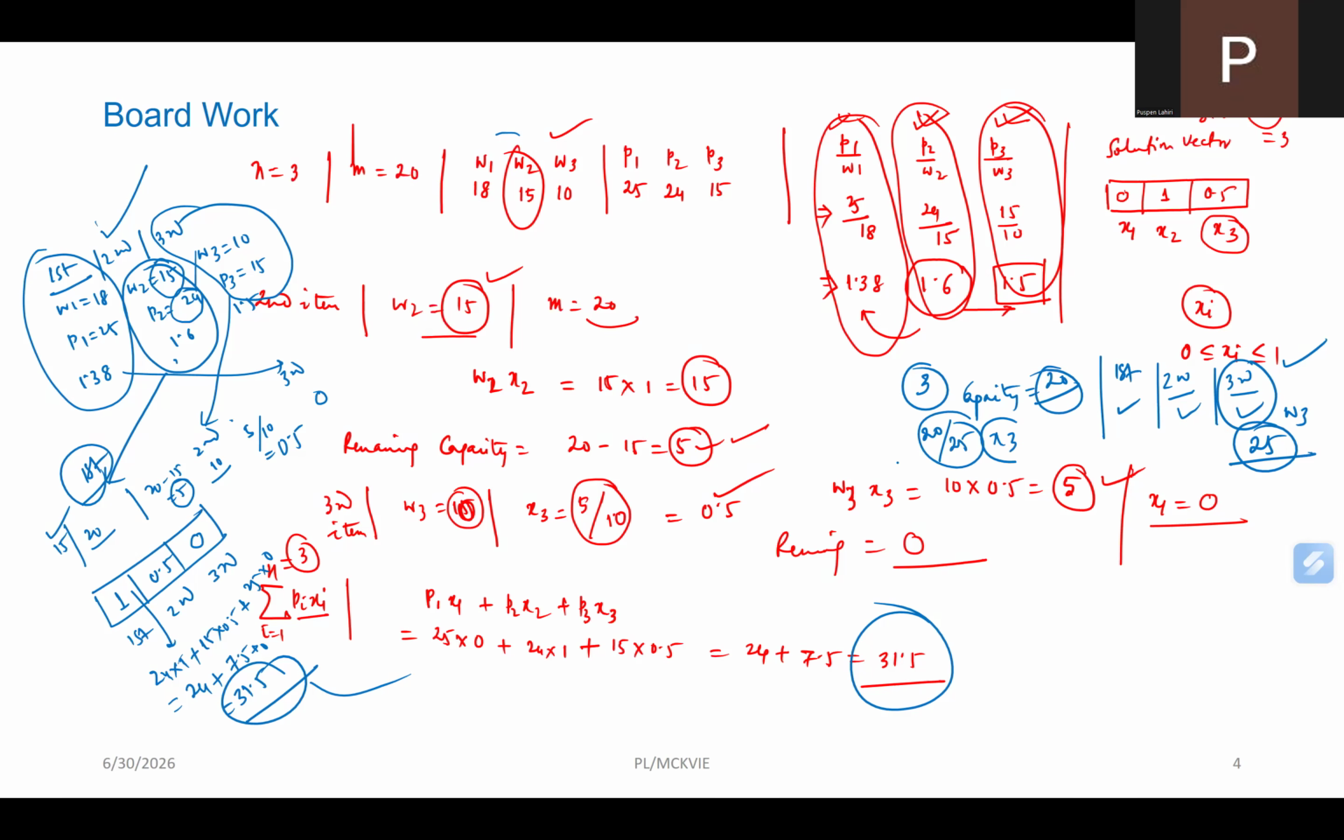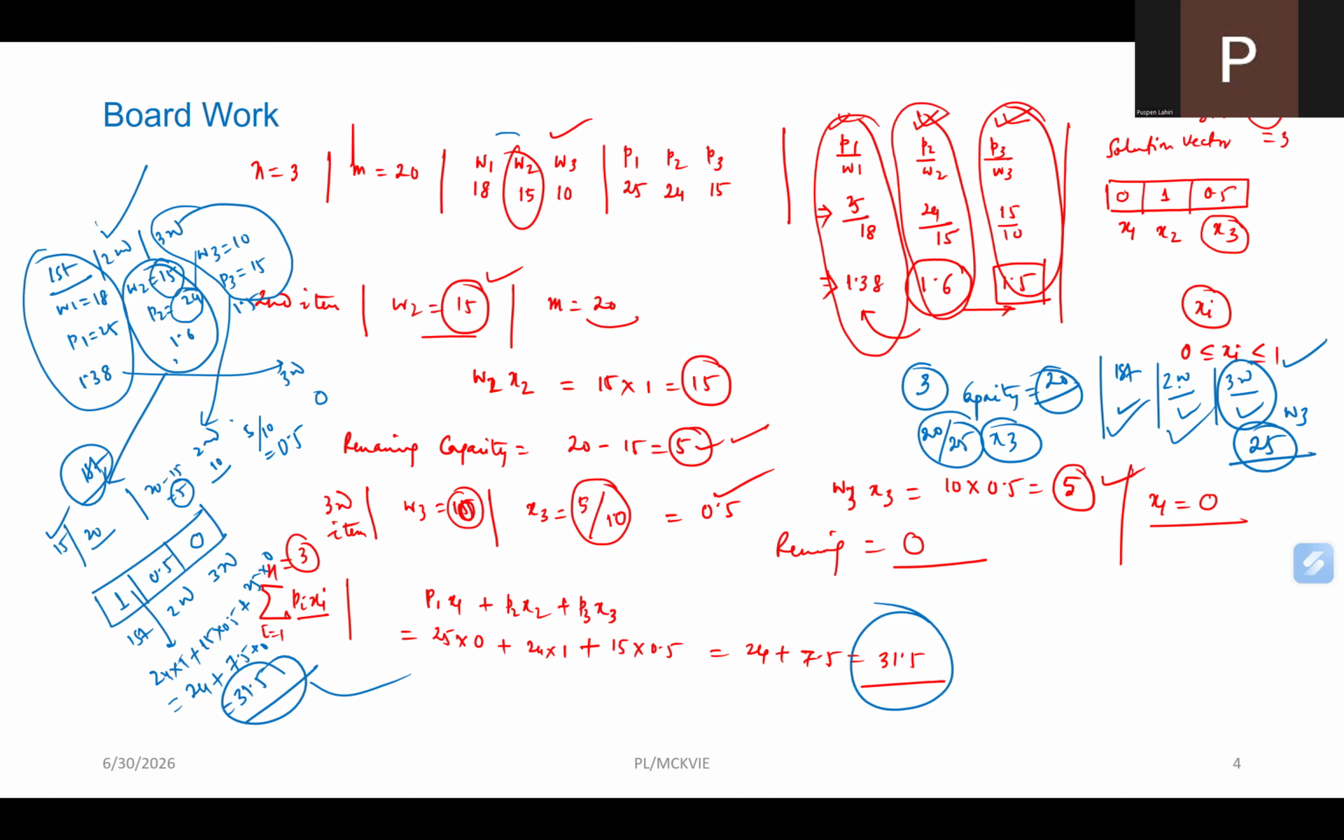So this is the value of the x3. Once this happens, there is no question of taking the first item and the second item, because unfortunately you are not allowed to put the third item fully into the knapsack at the very beginning, where the ratio of profit to weight of the third item was highest. As the third item could not be accommodated fully into the knapsack at the very beginning,